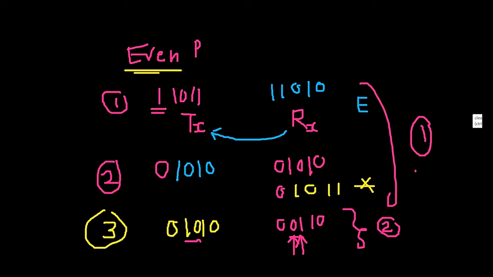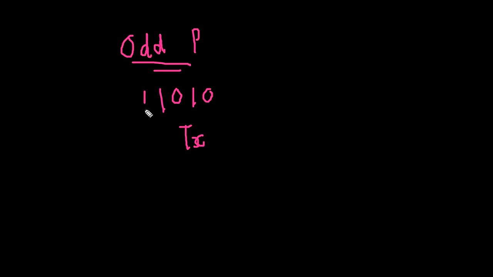A similar concept applies with respect to the odd parity scheme. Here in this case, say the data transmitted is 1011010. Now in the odd parity scheme, the target is that the parity of the data to be transmitted should be odd. Now how many ones are here? 2. We need to make the parity odd, so 1 will get appended here.